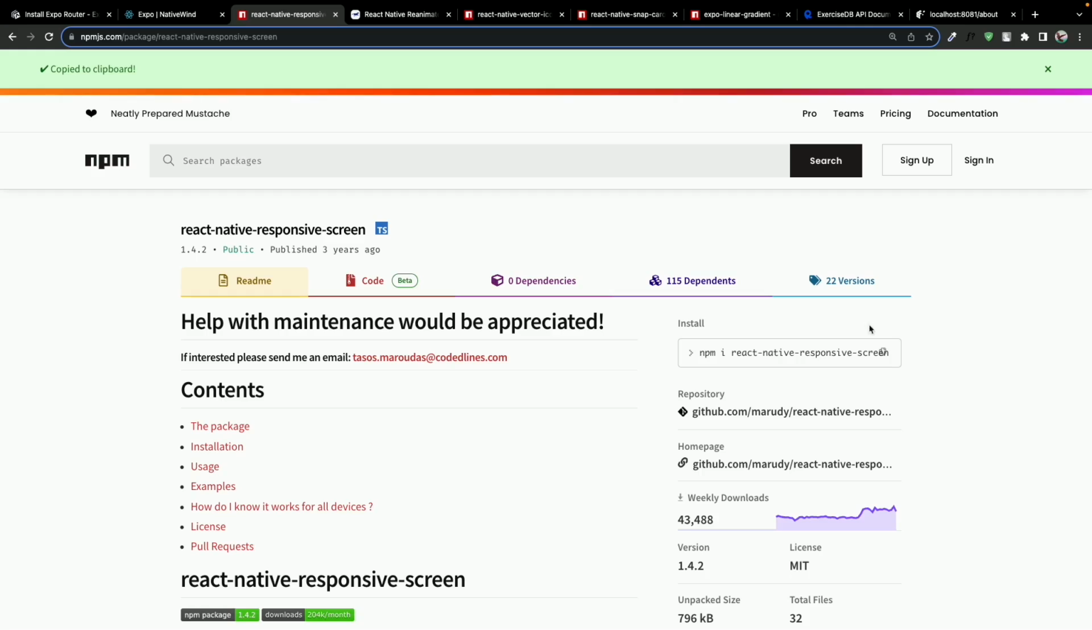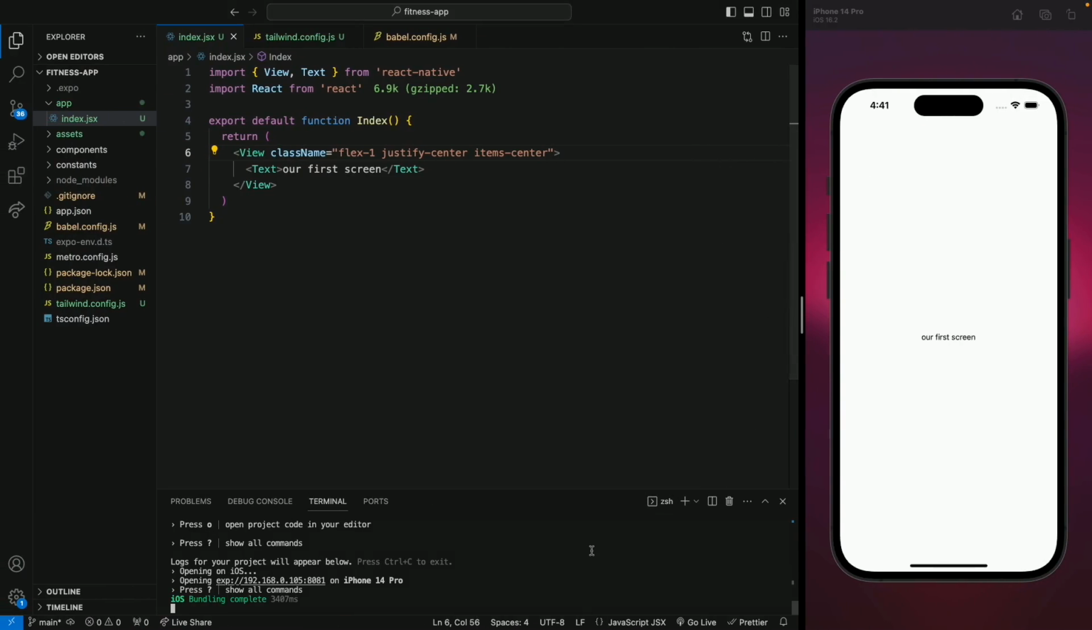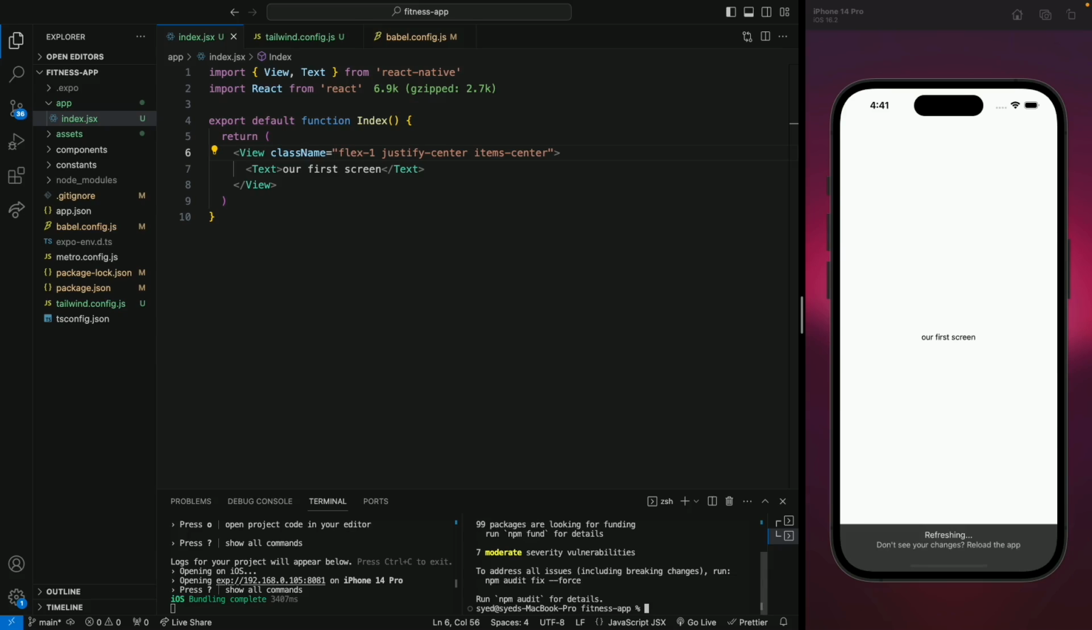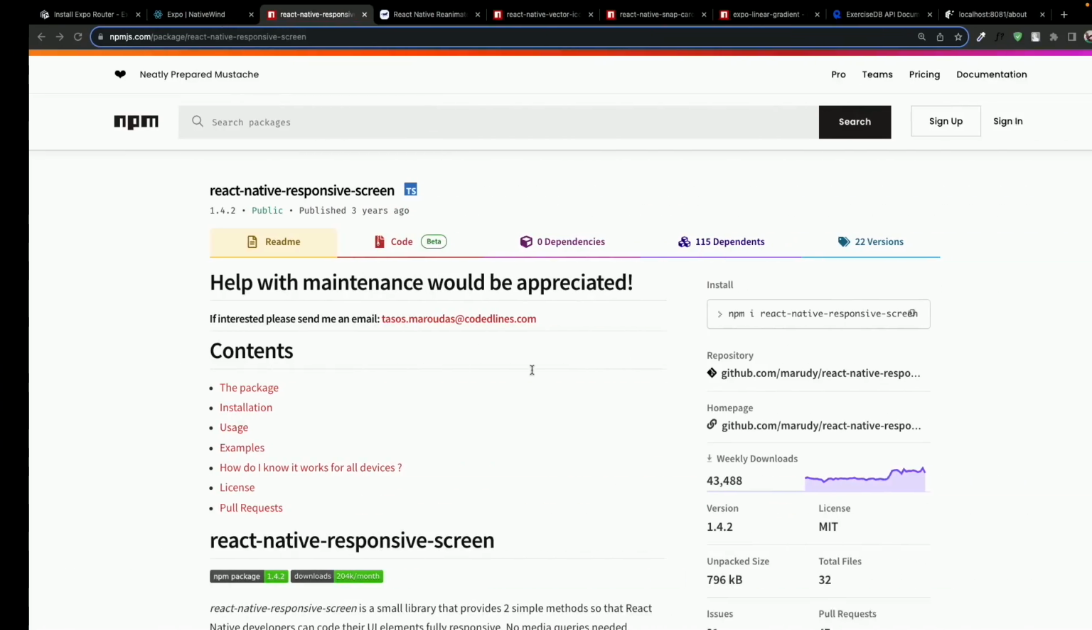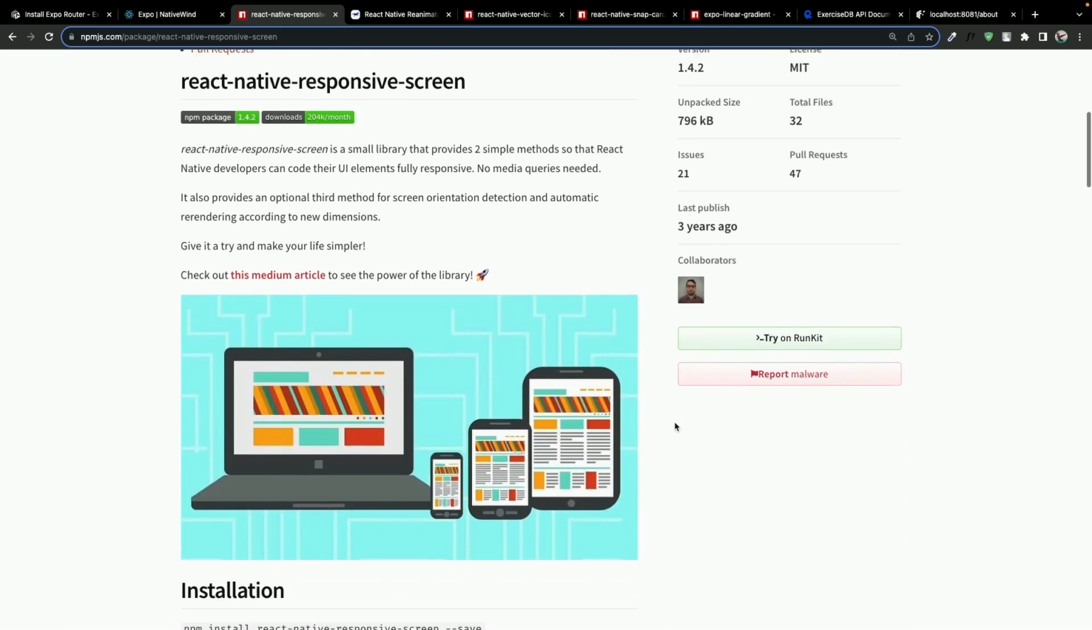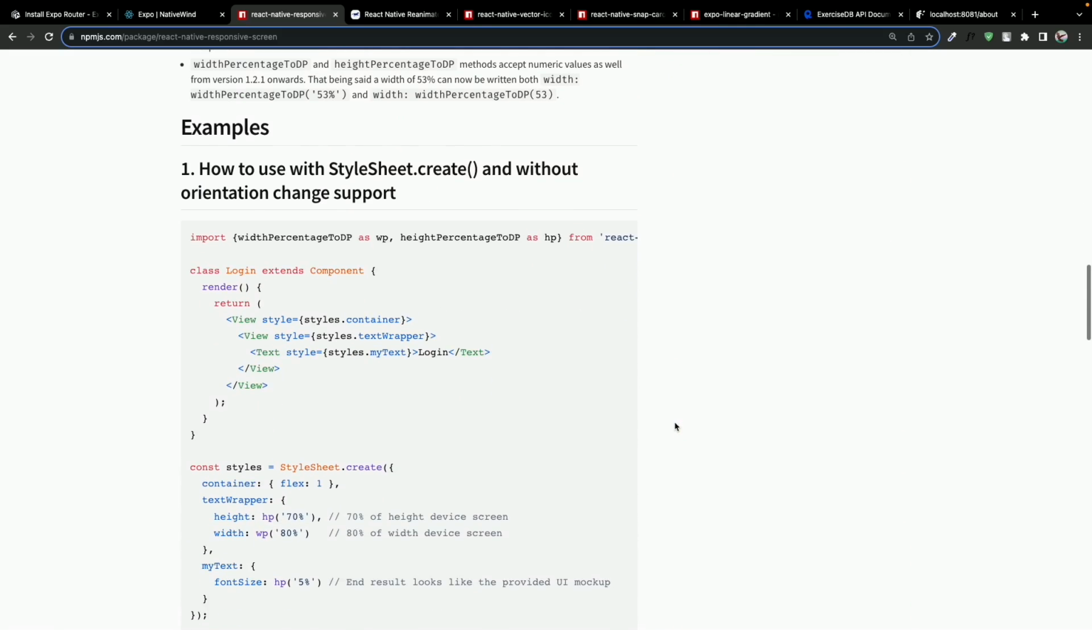So let's copy this command to install this library. Just open the terminal and paste this here. This is going to install this library. Okay, that's done. Now we need to copy the import statement for this library. So let's scroll down to this page, and we need this import statement so that we can use WP and